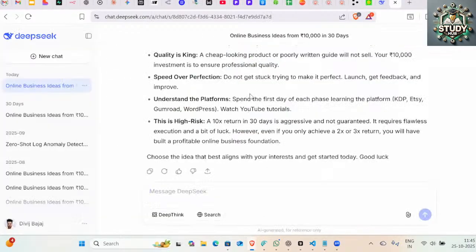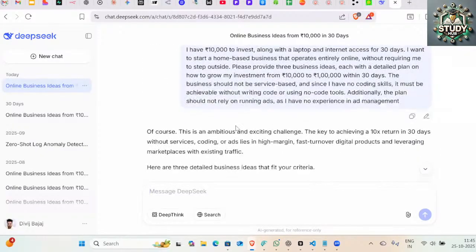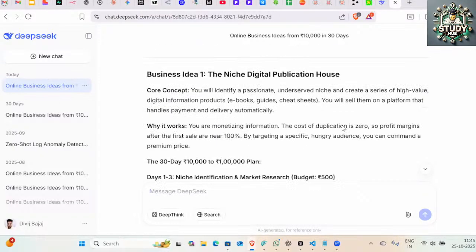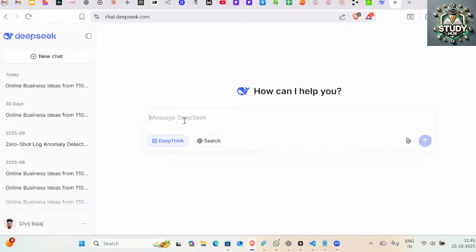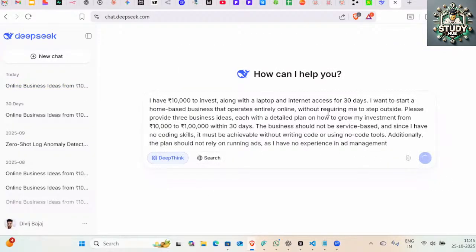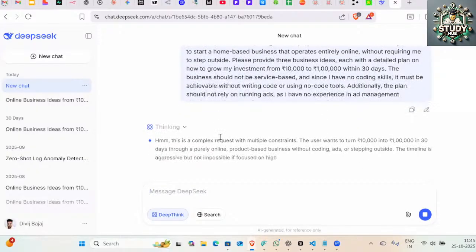Whereas if you ask the same query on DeepSeek or any other reasoning model, right? The model will think through all the possibilities, right? Okay, I think I have to invoke this DeepThink. Again, I'll go here, right? Without DeepThink, it will not go into a thinking stage.